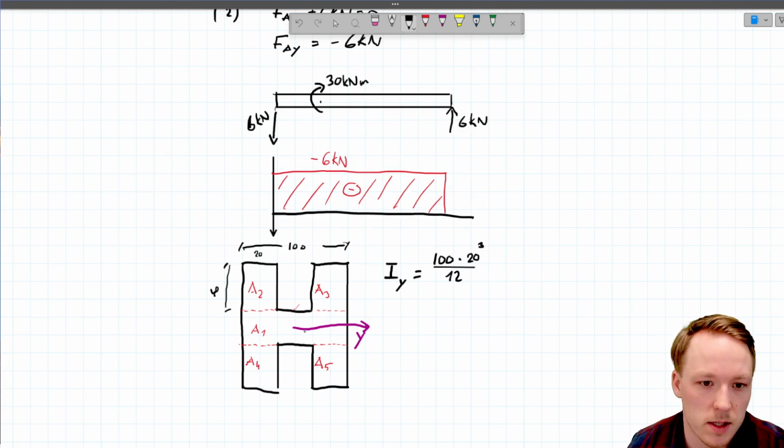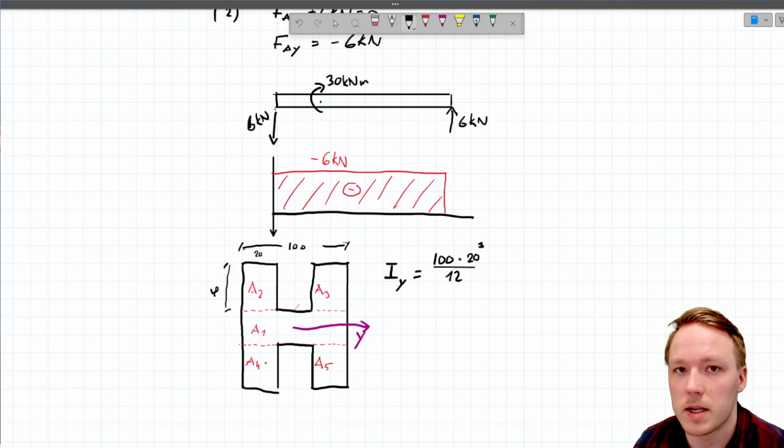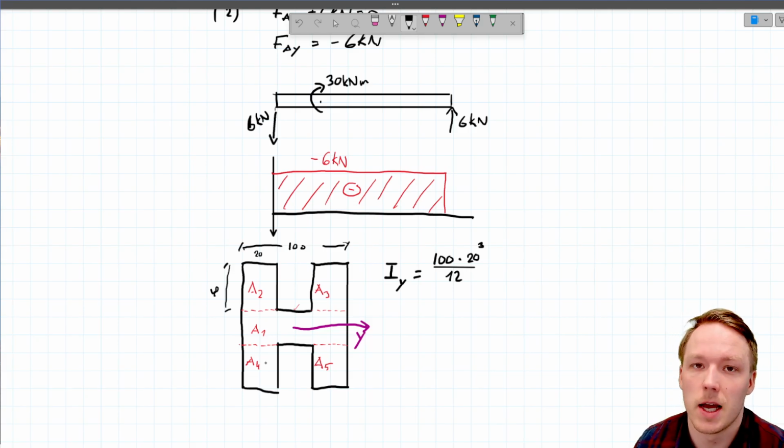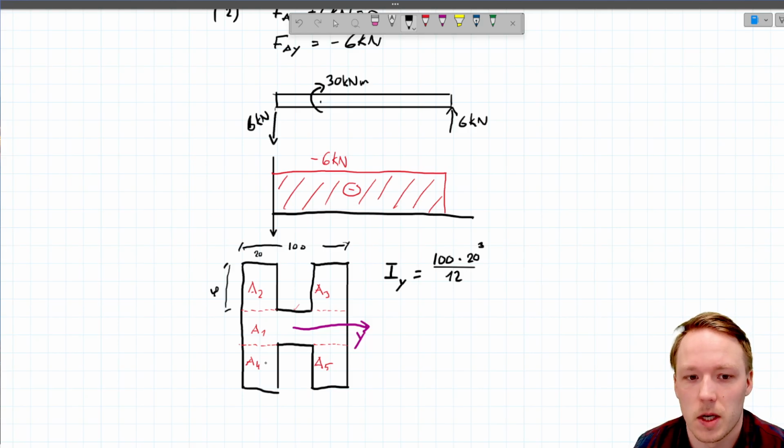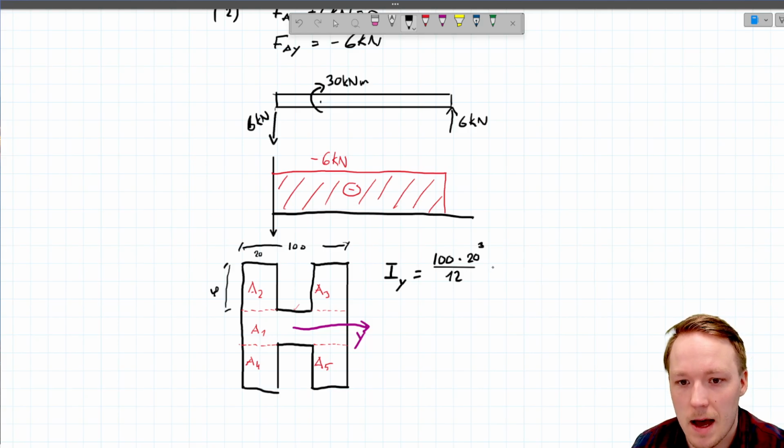So now, since the center or the neutral axis of area 1 is at the center of the profile, it is located at the neutral axis of the entire profile, it means that we do not have to add here any Steiner term. So that is the part of area 1, and then we have to add here